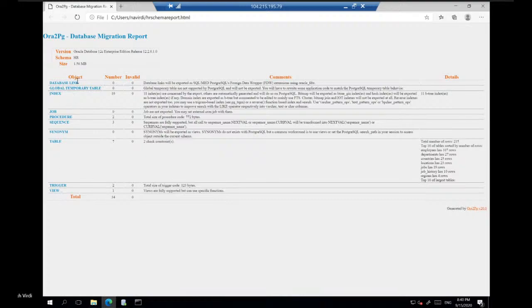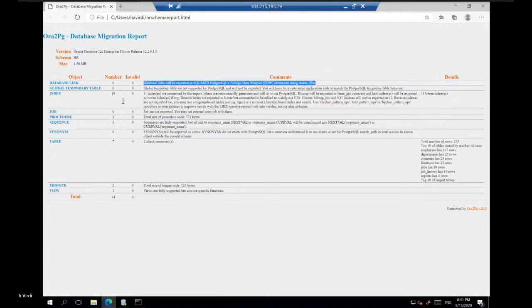It will look at each and every object, find out how many objects there are and whether they are valid or invalid at the source, and also provide you a comment as to what could be the target structure for that particular object.